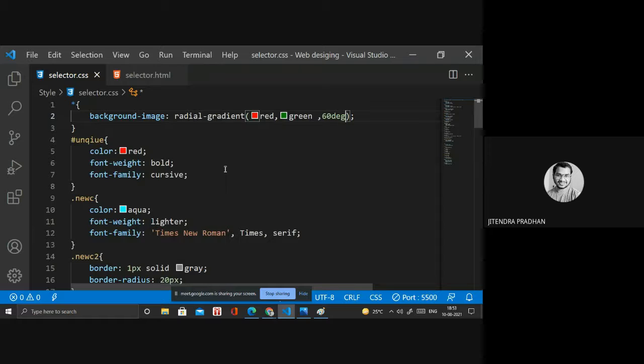So if you have any doubt regarding color, then you can ask me. Tomorrow we will discuss degree, how we apply degree particularly in radial gradient. Then we will discuss units: what are absolute units and relative units in CSS? Then you will learn flexbox, responsive designing, all these things. Then we will discuss 2D, 3D in that particular week. In this week we finish CSS, then next week we will learn JavaScript. Any doubt, you can ask me.